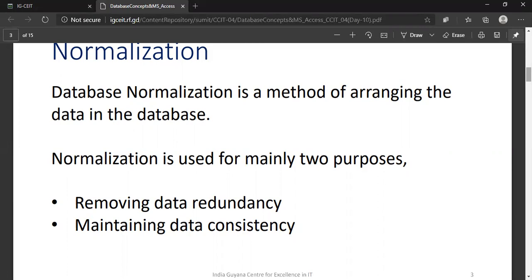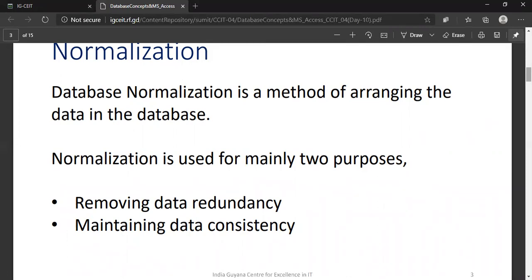Also, we have to maintain the consistency in our table. So normalization is used mainly for two purposes. The first purpose is removing data duplicacy or data redundancy. The second purpose is maintaining the data consistency.